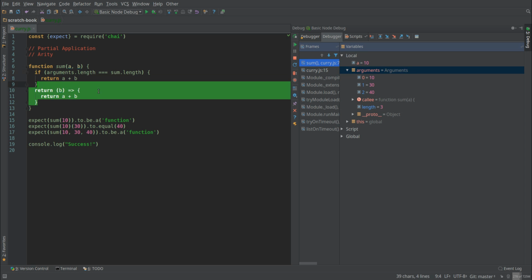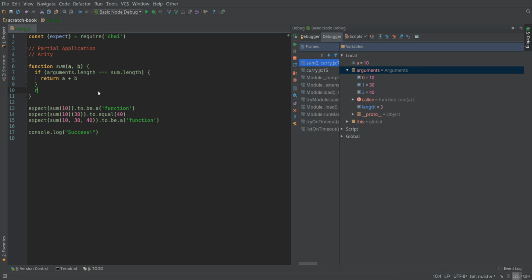So the next thing we want to do is, if we don't have that, well, then we're going to return the sum function, and we're going to partially apply the argument that is passed in. We're going to assume one argument was passed in. We're going to assume that the function was called with at least one argument. So here's what we do. We bind